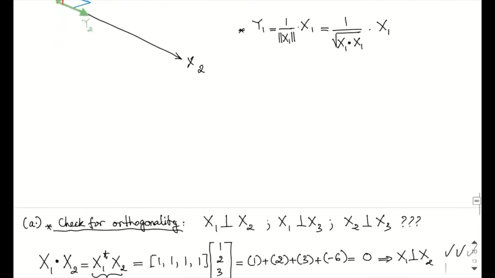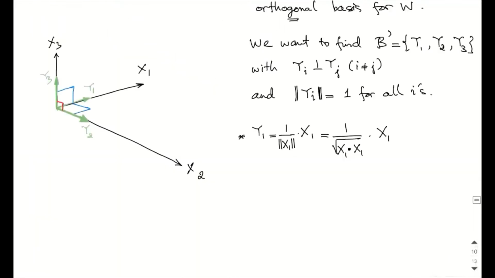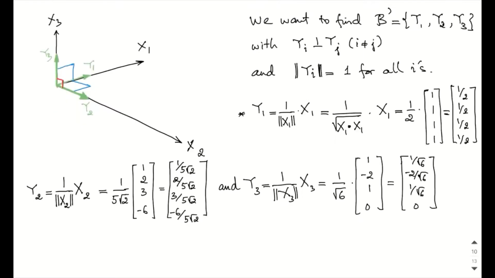Now, if you look at the computations that we had, we know that x1 dot x1 is going to give us 4. So this is going to give you 1/2 times the vector. And so y1 turns out to be the vector 1/2, 1/2, 1/2, and 1/2. Similarly, all right,